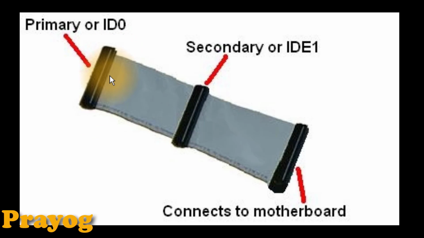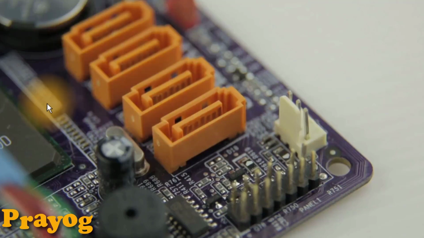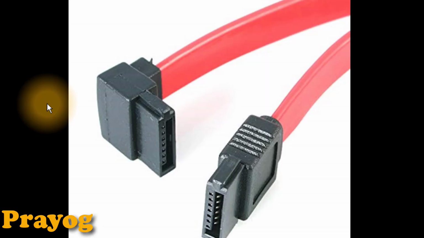Moving on to the next diagram, you can see this is a photograph that shows SATA connector. The SATA connector usually is fabricated on the motherboard. You can see 4 SATA connectors on board. A different type of cable is being used. This is the cable that has been used to interface SATA hard disks or DVD drives.